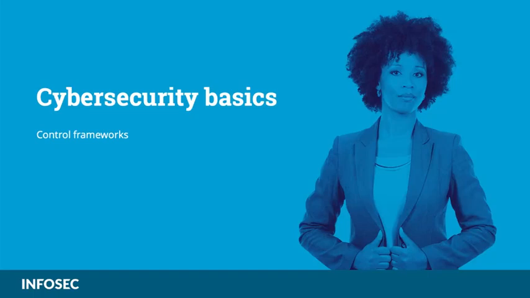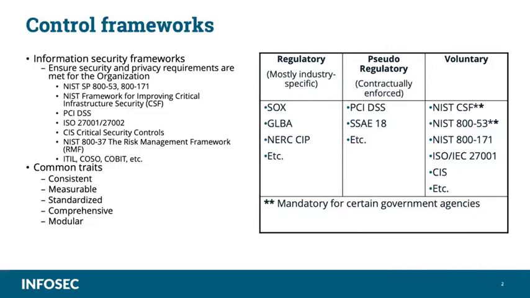As part of cybersecurity basics, let's now talk about frameworks. An information security framework is a series of documented processes that are used to define policies and procedures around the implementation and ongoing management of information security controls in an enterprise environment. Organizations implement a framework based on security controls as part of their governance program to ensure security and privacy requirements